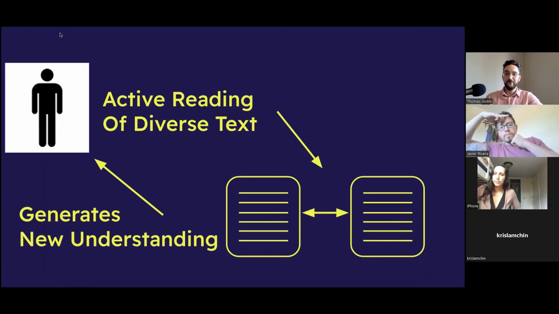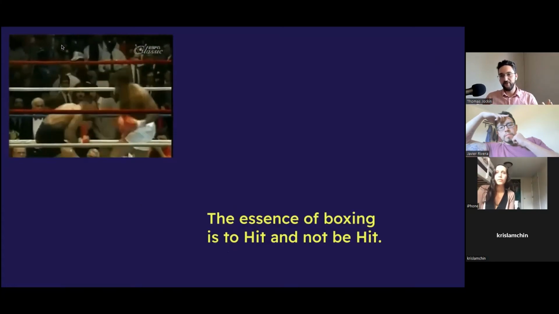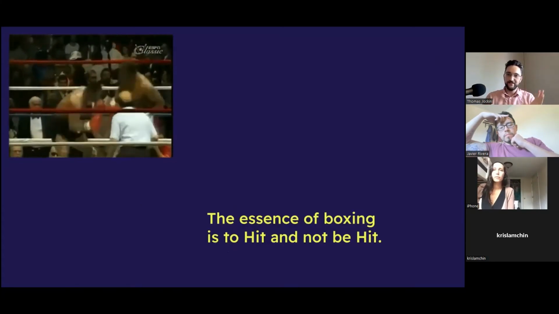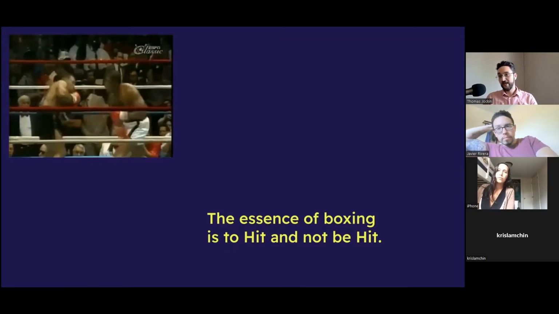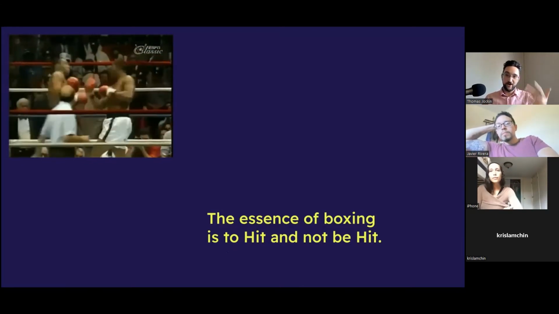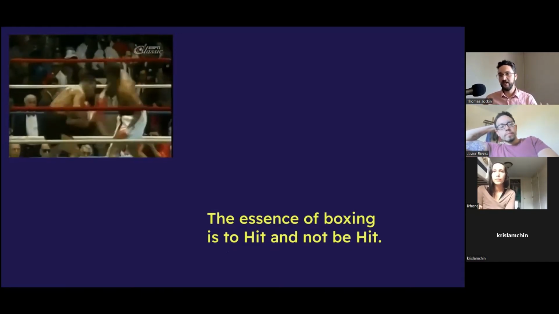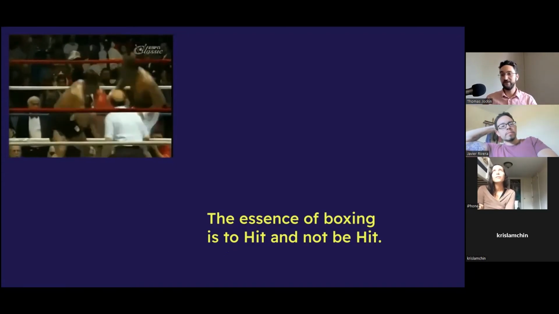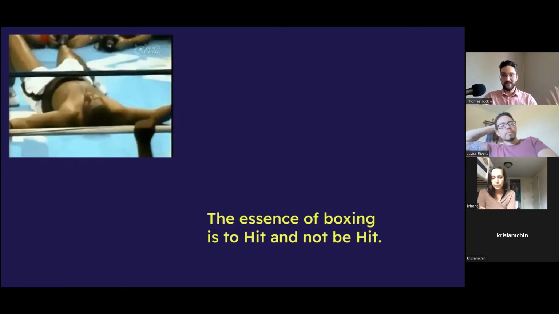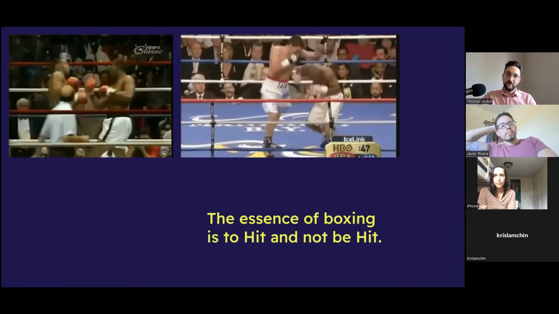And to give you an example that's outside reading, I box, so I'm going to use that example. Here's the thing. If the essence of boxing is to hit and not be hit, the actual answers of the grammar, the kind of being literate in boxing, is to know that essential point. And then by knowing the grammar of boxing, there are many diverse ways to answer that question. So we have Mike Tyson as one example of that. We have Floyd Mayweather as another example of that.